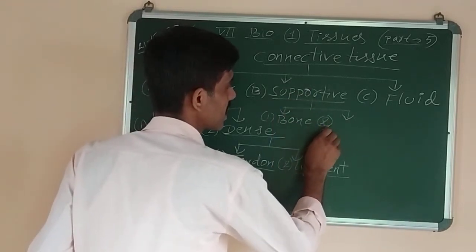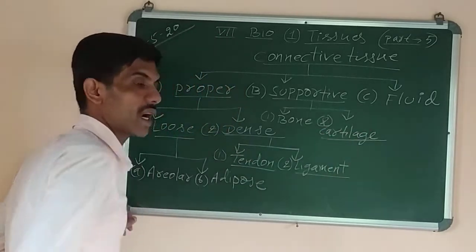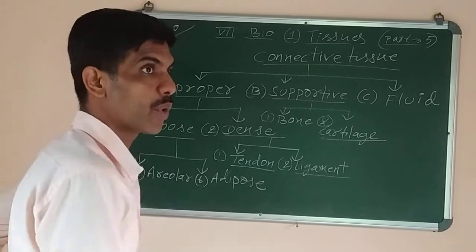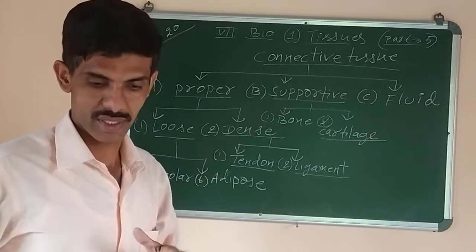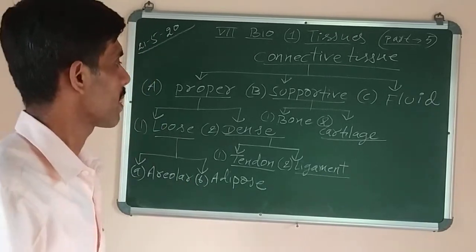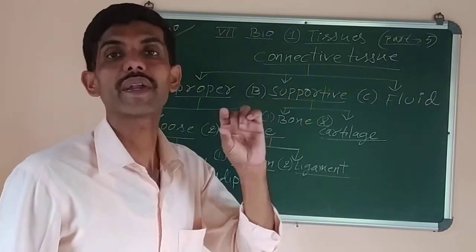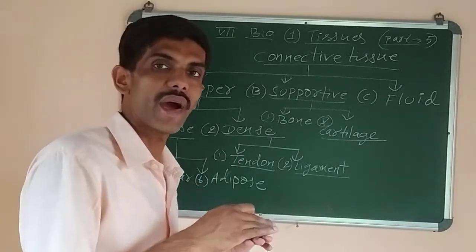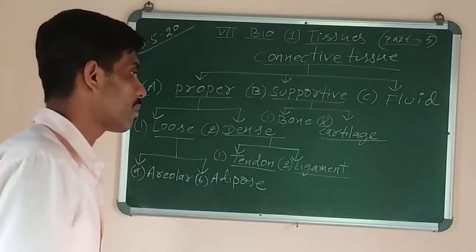The second one is cartilage. Where is the cartilage present? Cartilage is present in between the ribs, like our backbone. In the rib bones also the cartilage is there. Rib means the rib cage, no? Inside which the lungs are present. This cartilage is also present in between the small bones called vertebrae of our backbone. So the cartilage disc is here, which provides them lubrication so that they will not make any sound when we bend.